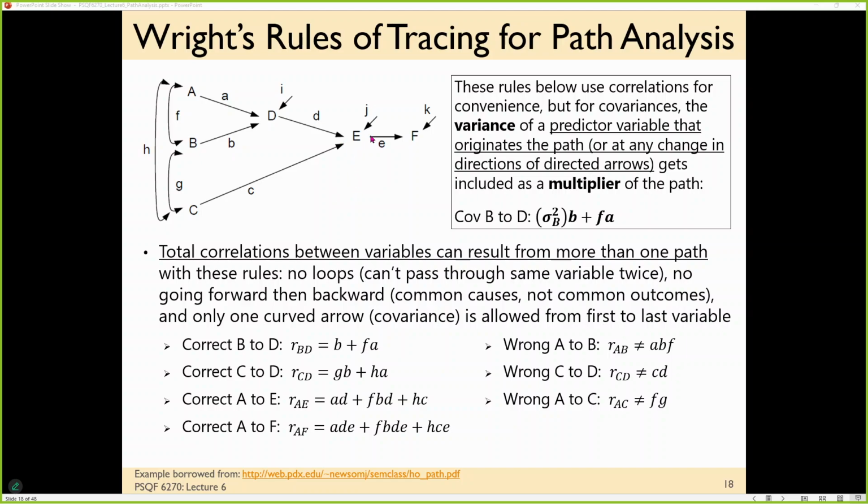In particular, only one thing is connected to F. A, B, C, and D are not connected to F directly, so there are those paths. E is not connected directly to either A or B. D is not connected to C. So if we start adding those up, that would be our degrees of freedom: how many things did we